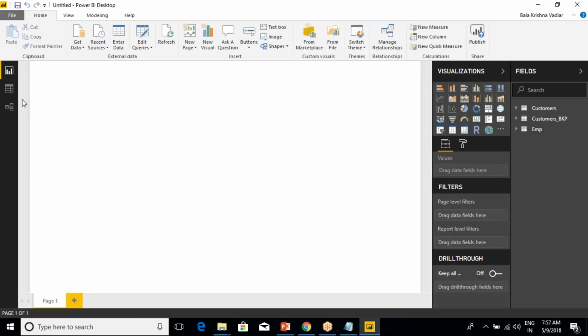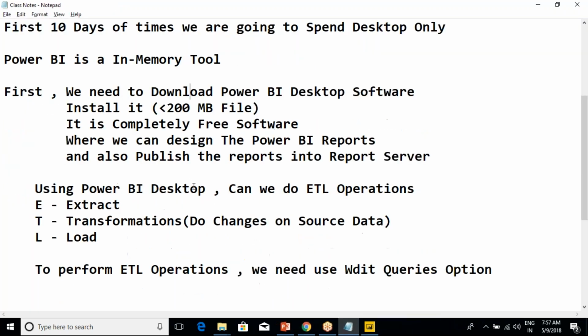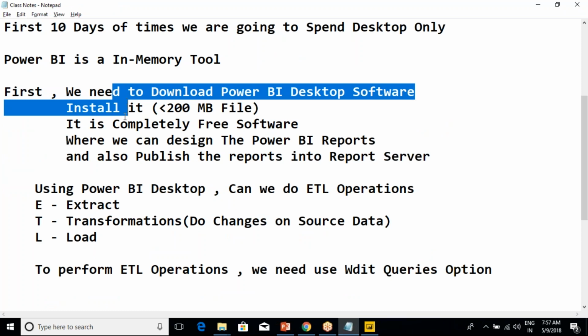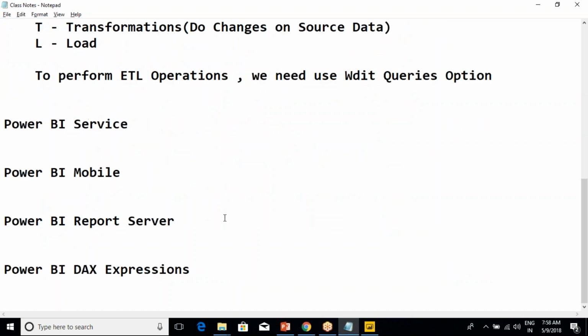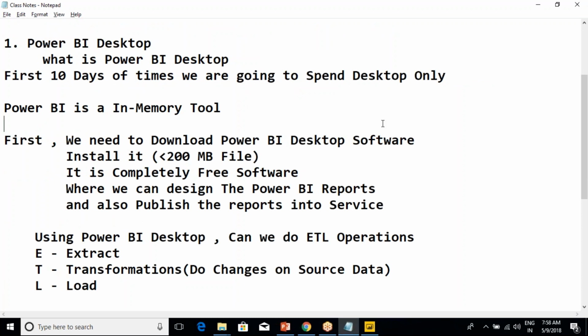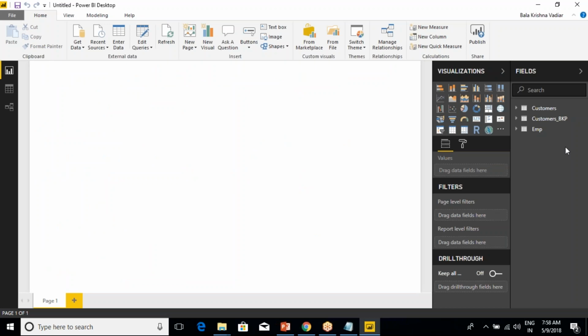I will show you. Okay, so we are almost done. So that is about the in-memory tool. We downloaded, installed, and what is pending is that we need to design some reports and also publish the reports to the report server or online service. So first we are going to see the service. There is an option here, Power BI service. Probably I will give an introduction tomorrow. As of today there is one concept pending: as we got the data from the Excel file,